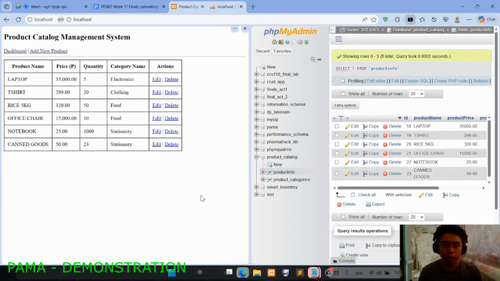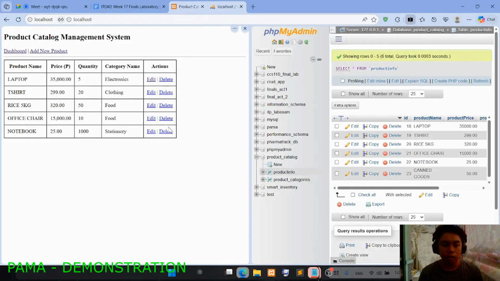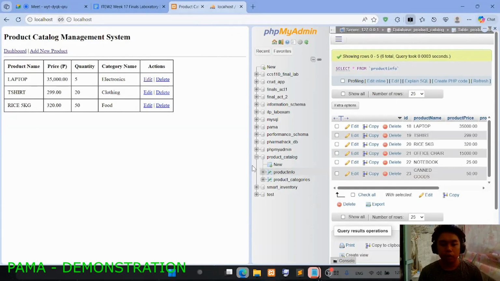How about let's delete data. Let's delete the canned goods, the notebook, and the office chair. As you can see, the laptop, t-shirt, and the rice remain.